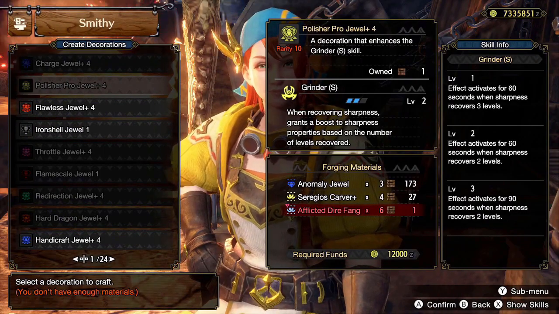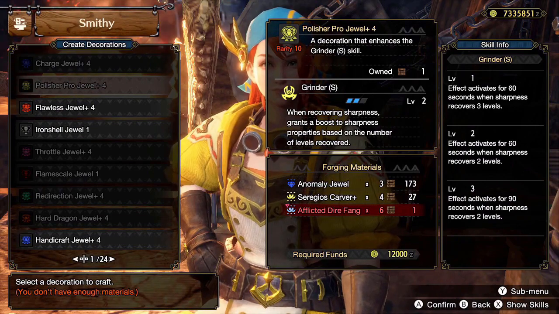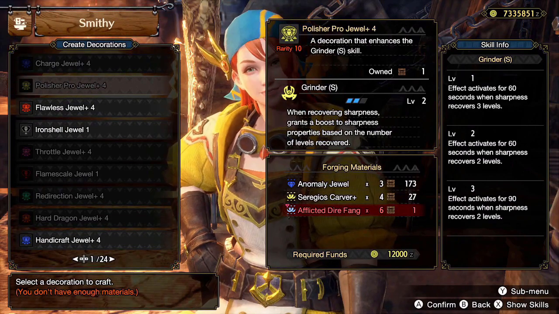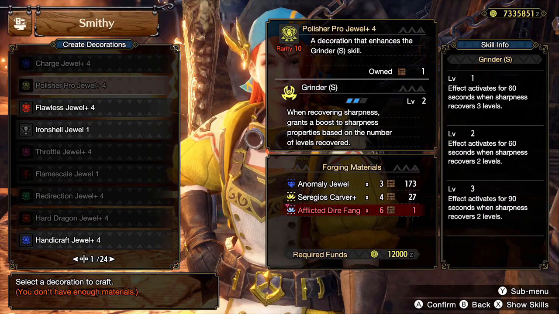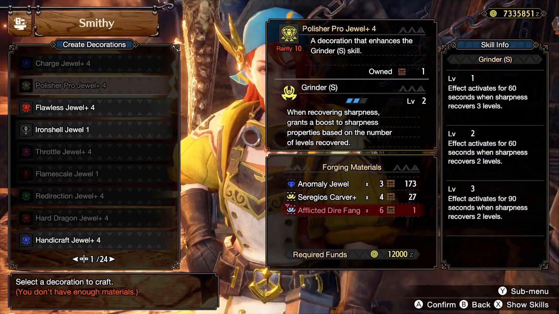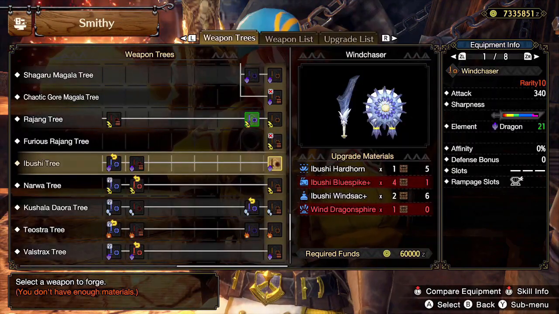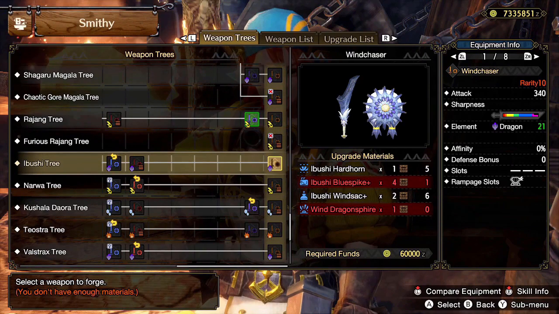In my previous video, I mentioned that Destroyer Oil can activate the armor skill Grinder S, since Destroyer Oil now restores 20 hits of sharpness. I also mentioned that there are two sword and shields where the Destroyer Oil Grinder S build can work, Ibushi's and Lucent Nargacuga's. The Ibushi sword and shield had the advantage of having 0 hits of white and a level 2